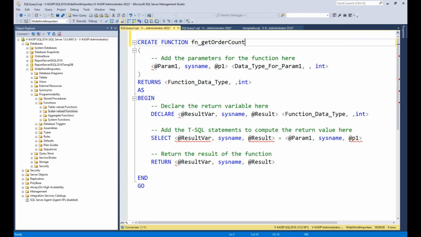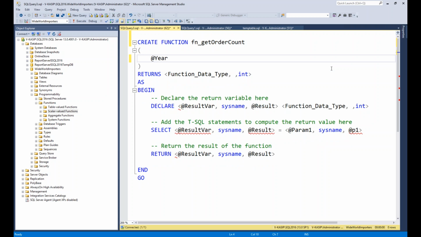Then open parenthesis and close parenthesis. Between these, you can add the parameters. So what are all the parameters you need to pass to your function? Let's take, I want to pass the year. For the given year, I want to identify the total order count. So I can give @year